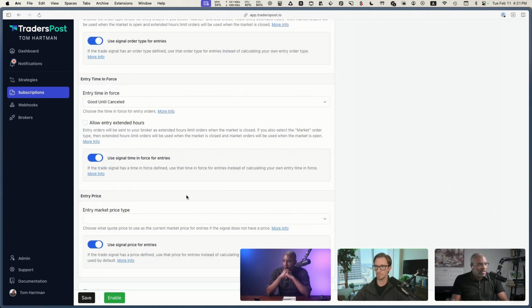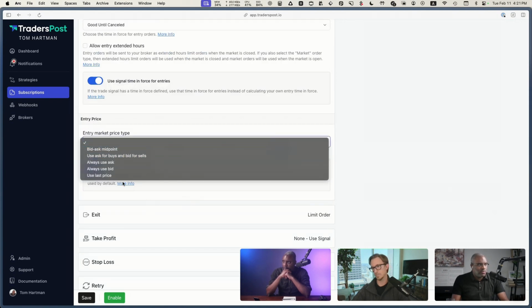The same sort of ideas are here for the entry price. For the entry price type, you have a different granularity that you can have for the price. For your DCA bot, no need to worry about a bunch of these details. But essentially, are you familiar with the bid ask spread, Peter? Where there's the price you're seeing on the chart, but then you also have